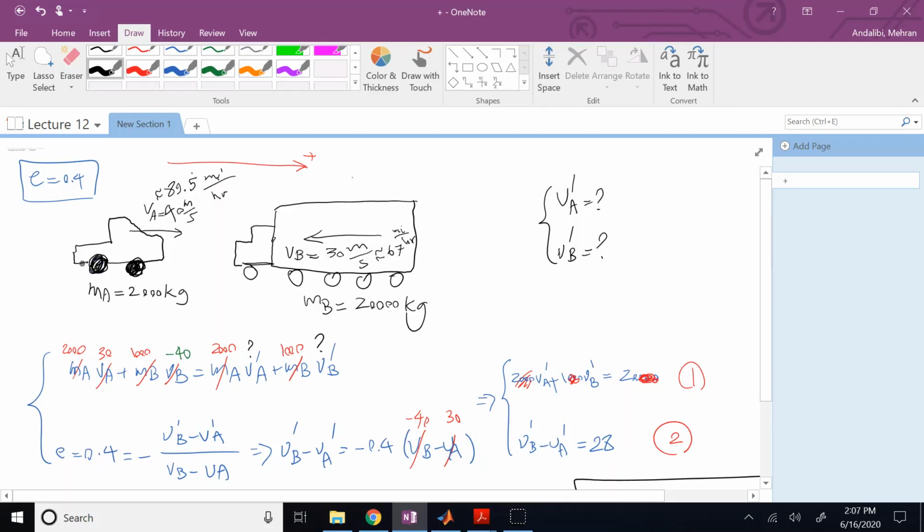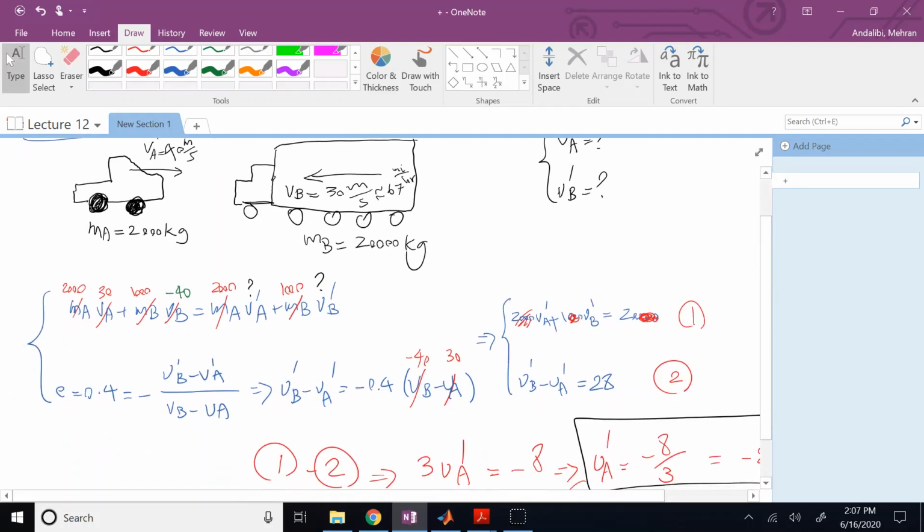So what happens this time? All of these numbers are the same, except this time this 30 becomes 40. And then this MB is 20,000 and VB is negative 30. So your first equation will turn out to be